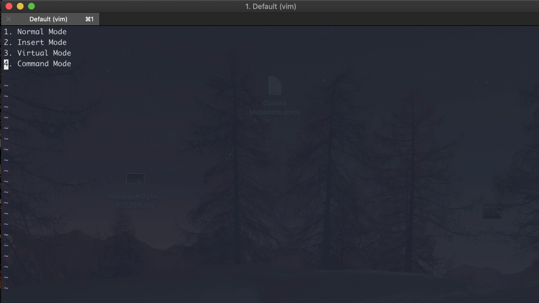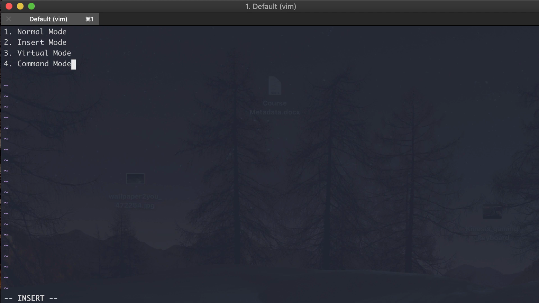So there are some shortcuts that will put you into insert mode. At that point, you can type things and modify the file. For instance, I want to add something to the end of line four. So what I do is press $, and I say A, so that I start typing after the cursor. Okay,